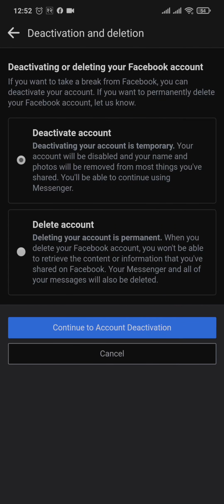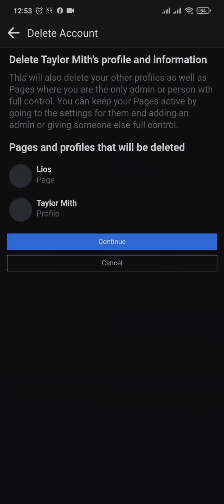Now as soon as you do that, you can see you have two options: deactivate, which is the temporary deletion, and the second one is delete, which is permanent. Now choose your preferred one and then tap on continue. On the next page, it's going to show you all the profiles and the pages that you've created, and once you delete it, all those will also be deleted. If you agree, tap on continue